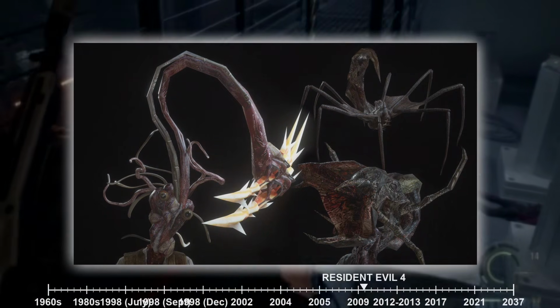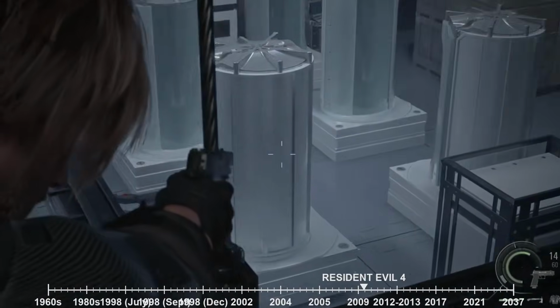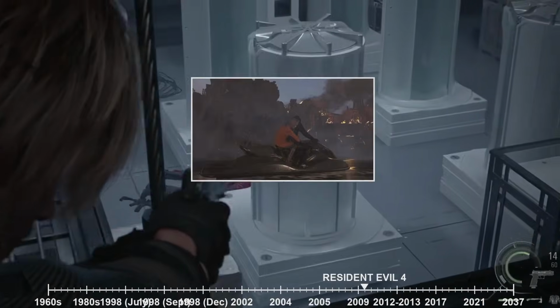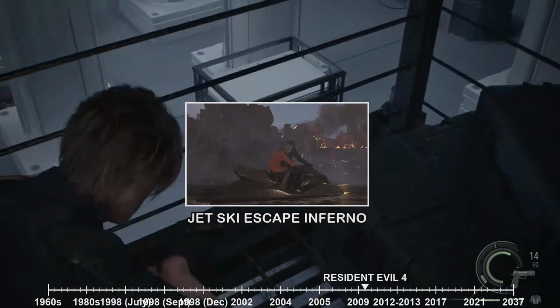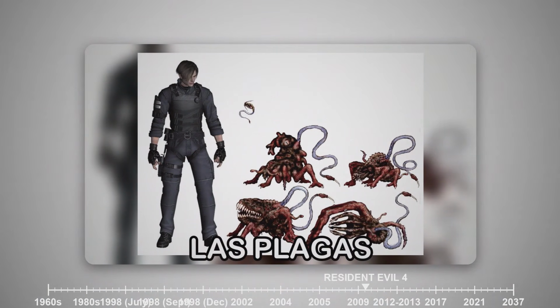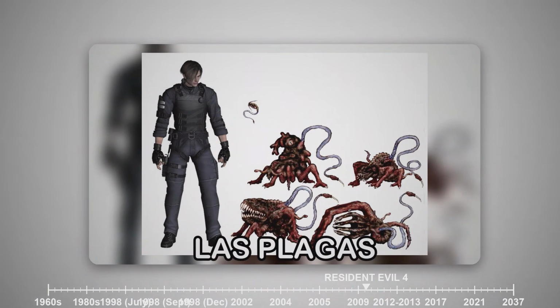to which humanity would go in pursuit of power. Their escape was narrow, a race against time as the island disintegrated around them. As they flew away in a jet ski, leaving the inferno behind, the immediate danger was over. The Las Plagas, a horrifying new chapter in the history of bioorganic weapons, had been successfully neutralized, at least for